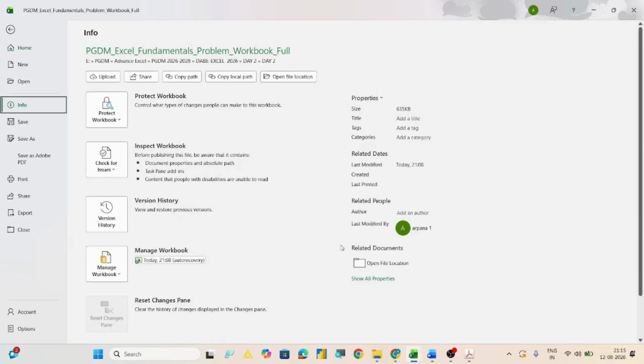Info gives you the information of a worksheet: how you can protect the workbook, how you can inspect the workbook, what the version history is, how many times you worked with this particular workbook, how you can manage the workbook, you can reset the changes, and it also talks about the properties, such as the size of this workbook.